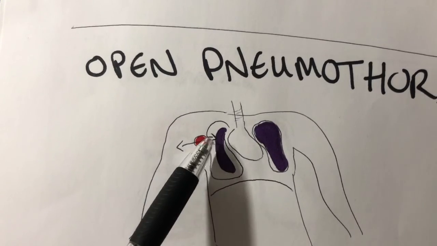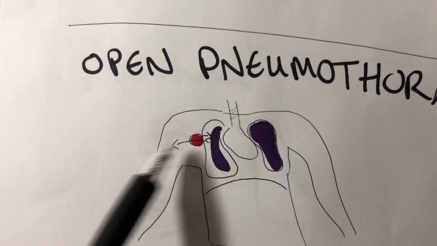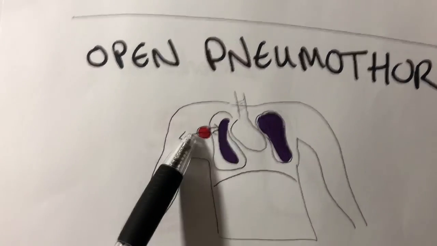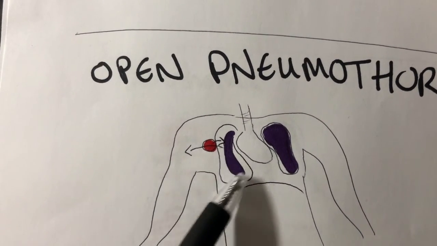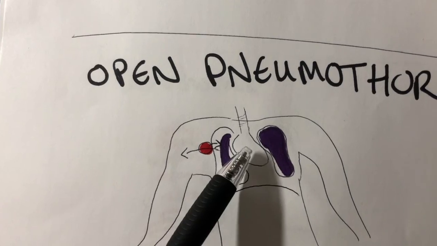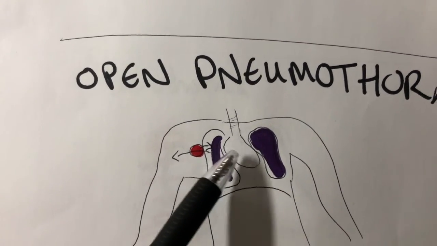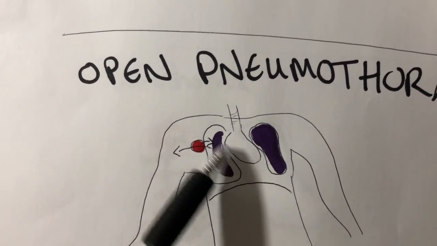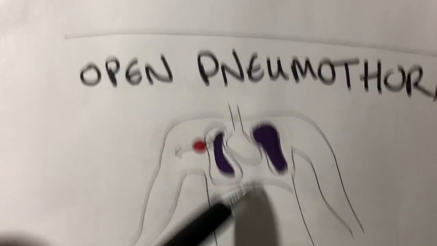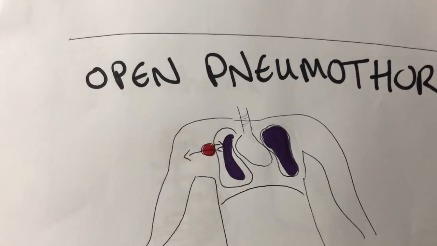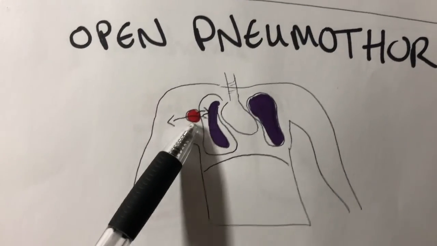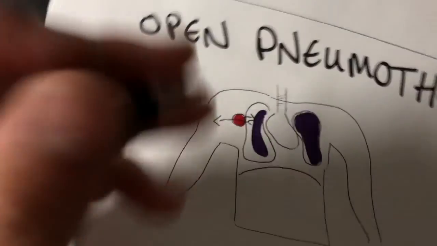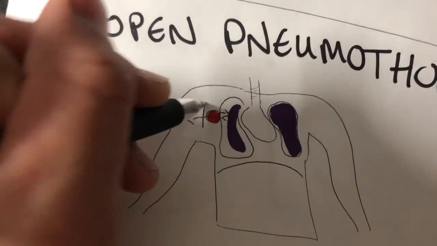Air enters that pleural space and goes in and out, creating a sucking sound, and you want to close that up because that air can accumulate to the point where it causes tension pneumothorax, and we'll get to that in a second. It pushes on the mediastinum, which contains the heart and great vessels, which can then cause death eventually. So you want to close that up with an occlusive dressing, which would simply be something